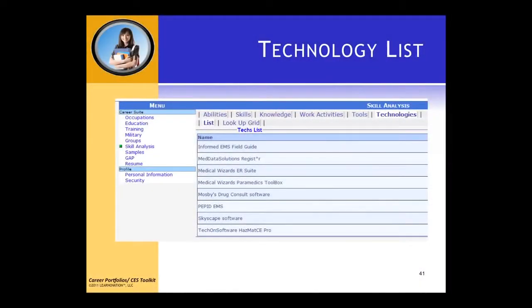We can take a look at the next list. This is technology. So as we come through, you're going to be able to add, because there's a lookup here, and I'll let you explore that on your own.